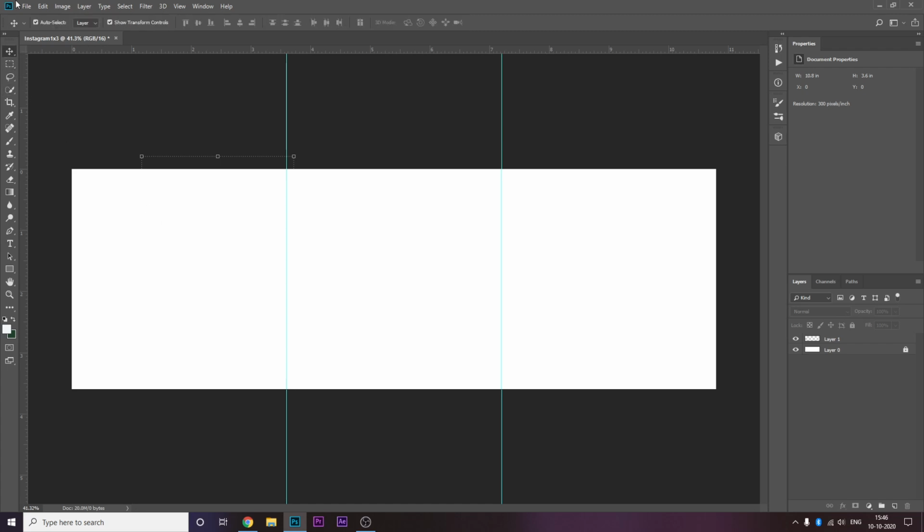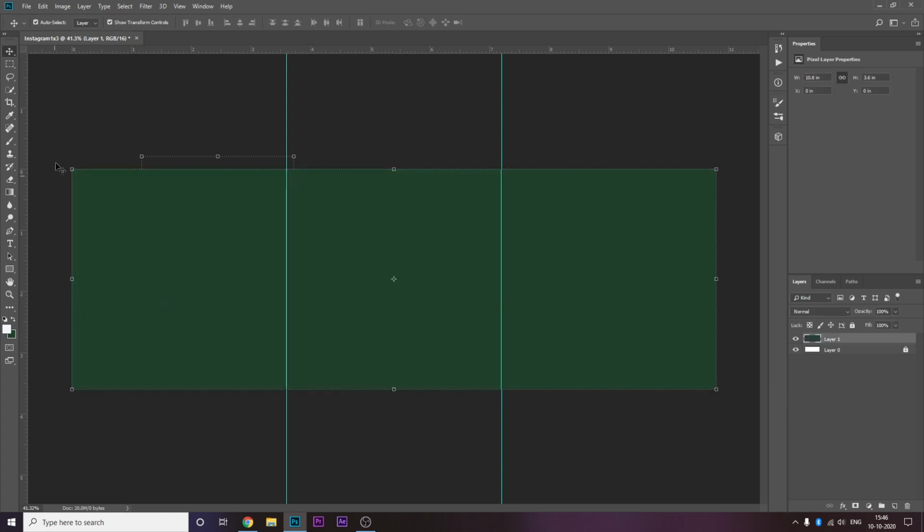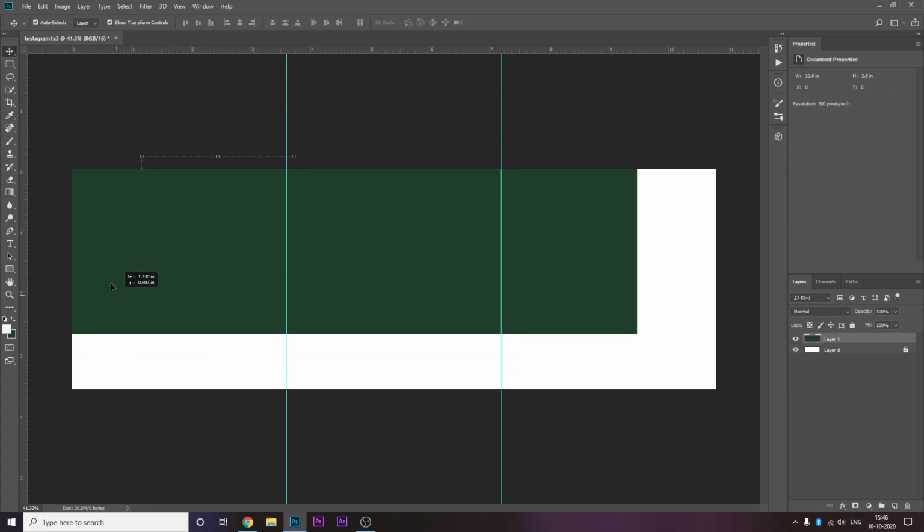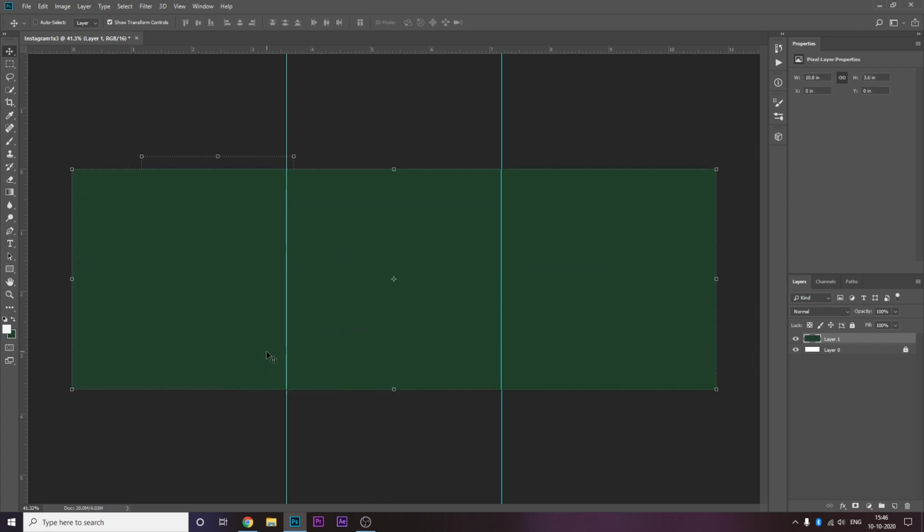What this tool does is basically move. What does it move? Anything and everything. Let's say I select this layer, and I'll explain the layers part in detail. I colored this layer green. Now I want to move this layer, so I go to the move tool and I'll be able to move it.